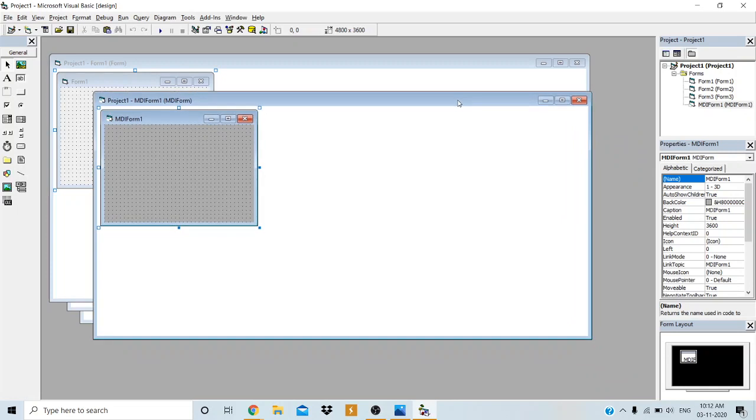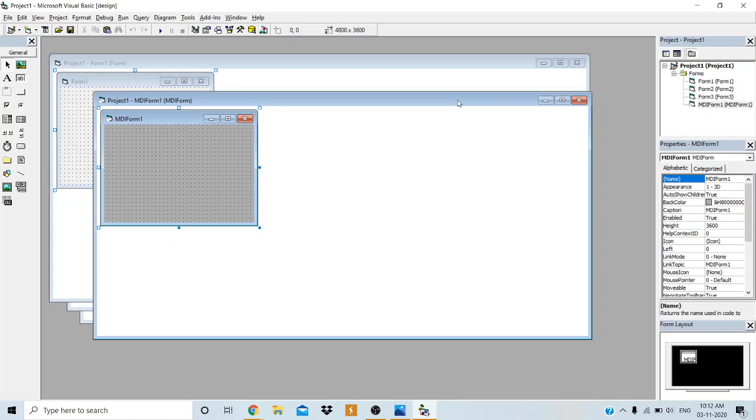So basically MDI form acts as the container to hold the other child forms. So MDI form is acting as the parent form wherein it acts as the container. It contains the other child forms, in the sense that except the MDI form, whatever forms are there, form 1, form 2, form 3 in our project currently, they can act as the child forms for the MDI form.